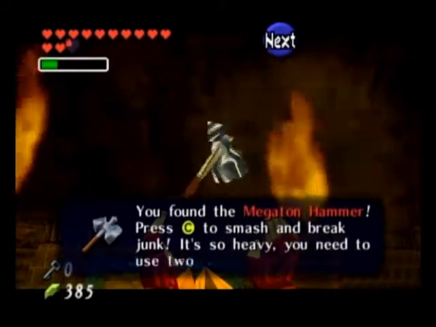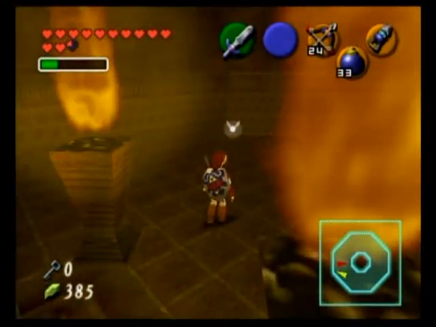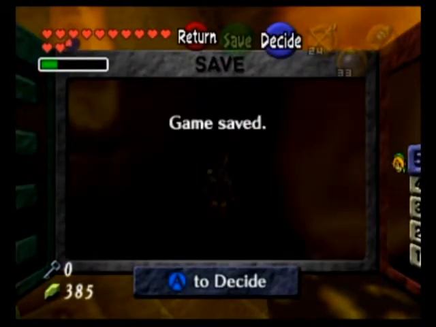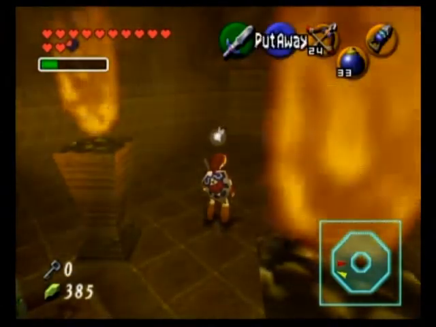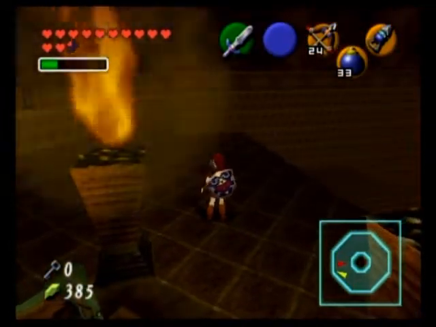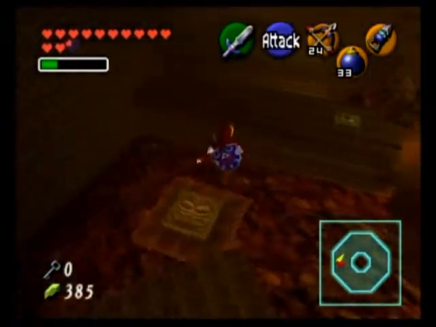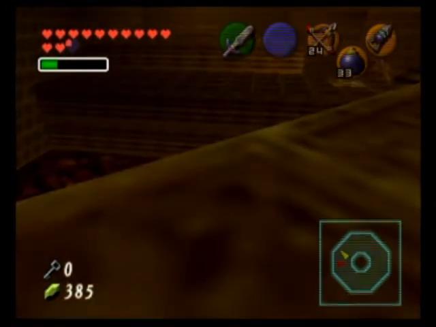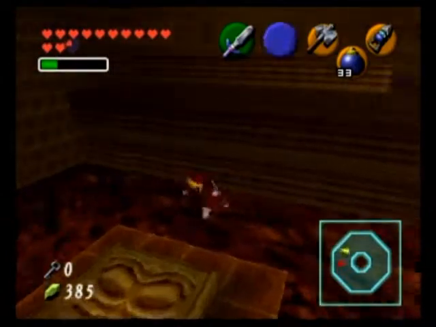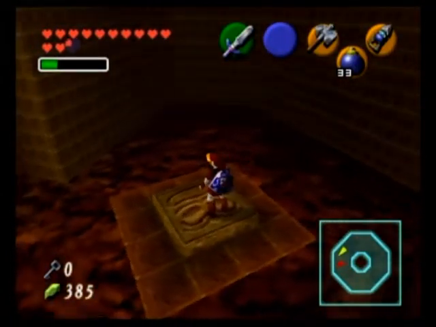Anyway, we have finally gotten the treasure of this dungeon, and it is the Megaton Hammer. And the Megaton Hammer is a powerful weapon. This is the weapon that was used by the Goron hero to slay Volvagia, the dragon, the first time. And we are going to use that same weapon on the dragon again. So yeah. Anyway, once we have the hammer, I recommend saving immediately first,